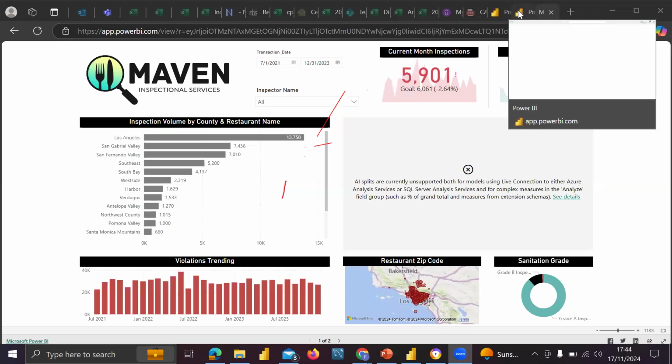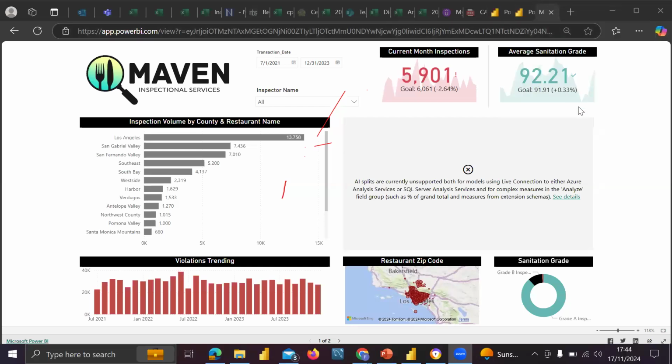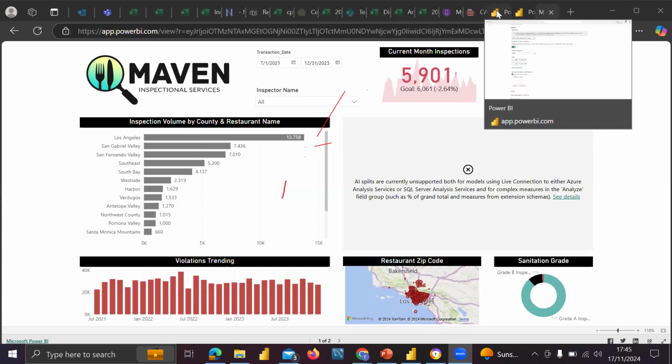When you say the one you have in the cloud, is it the one that is on the web, on the internet, or the one that is already downloaded? The one that is already downloaded means it's on premise. That means you need a data gateway to connect to that data in order to initiate schedule refresh.